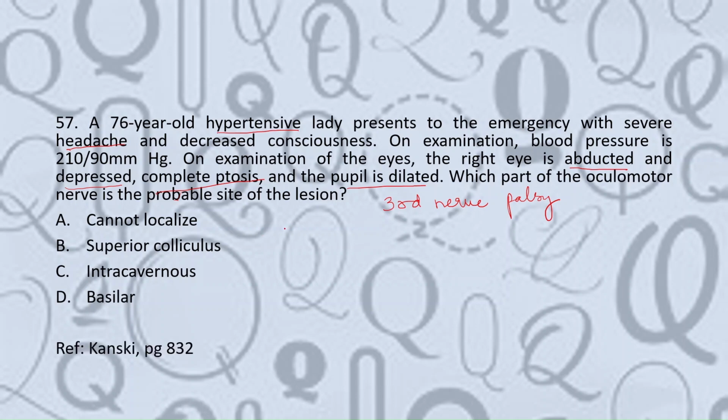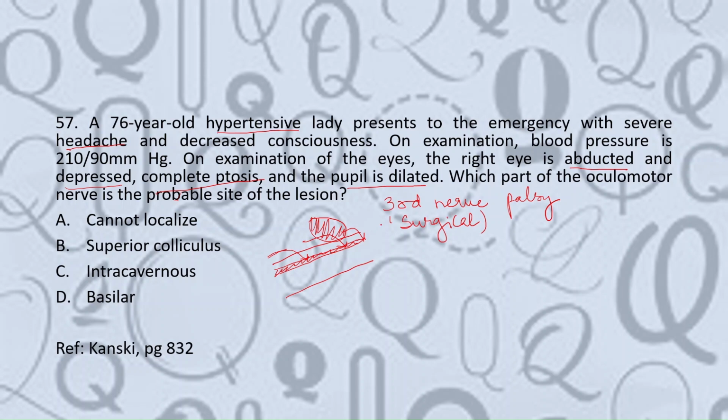So I would like to say a few things about the pupillomotor fibers. In the third nerve, the pupillomotor fibers are present more in the peripheral aspect of the nerve. Okay, so these pupillomotor fibers are supplied by the pial plexus, which runs along the surface of the nerve. So if there is a lesion that is compressing the third nerve, it presses the pupillomotor fibers quite early in the disease. So pupil involving third nerve palsy, also known as a surgical cause, is a must